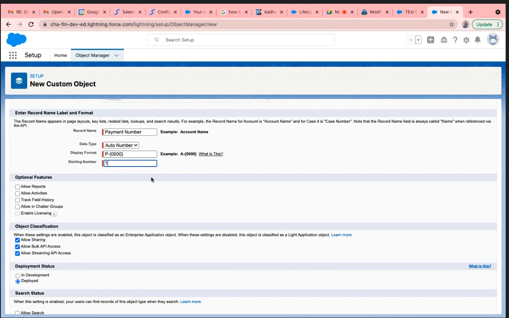The format, right? Yeah, the format. How many zeros you want to keep is up to you, no problem. Even it will be expanded later on automatically if it is reached once.